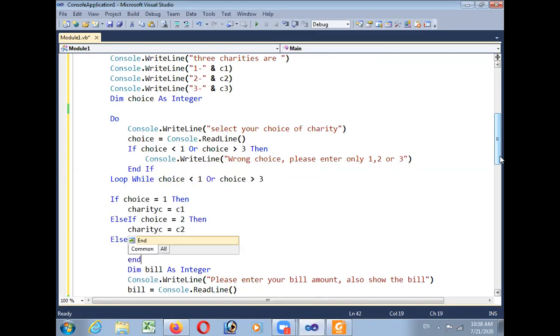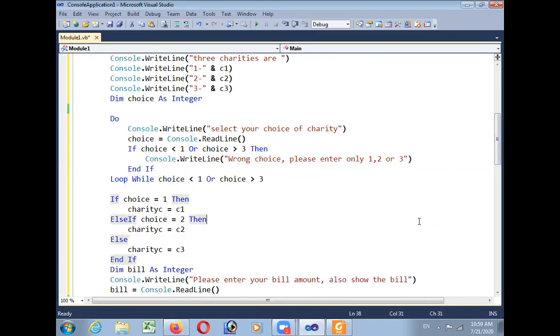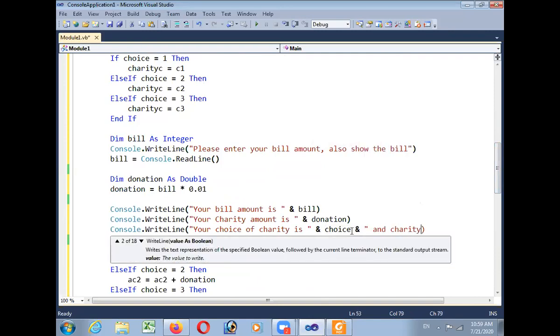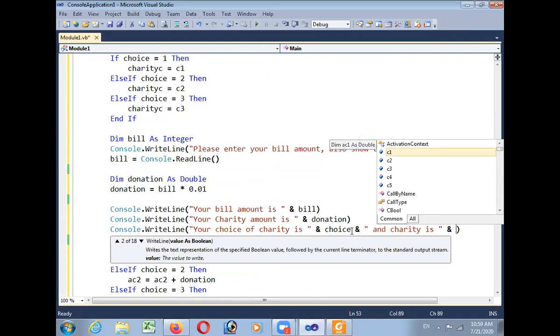और एल्स चैरिटी C इज इक्वल टू C3। अब नाम से हो गया, मान लीजिए चॉइस 1 मिलेगा तो C1 चैरिटी चॉइस में आएगा, अगर चॉइस 2 मिलेगा तो C2 में आएगा और अदरवाइज फिर C3 आएगा। अब इसमें हमने नाम को स्टोर कर लिया, हम लिखते हैं चॉइस ऑफ चैरिटी इज दिस और इसके साथ ऐड करें एंड चैरिटी इज, और इसके साथ आपको ये नाम आएगा चैरिटी C।